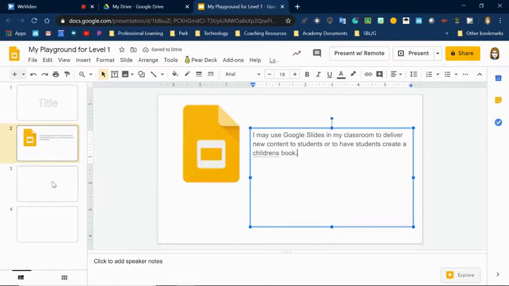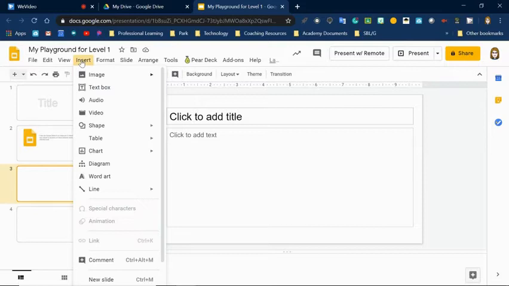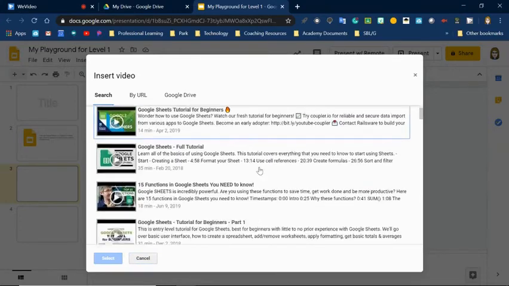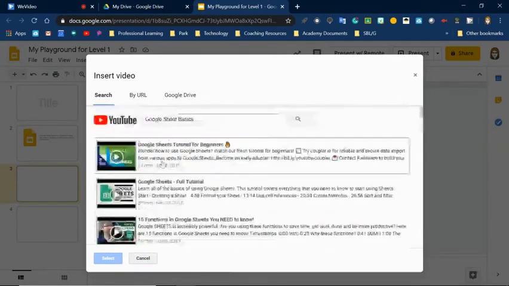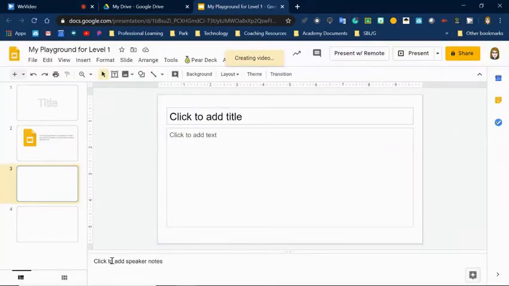On slide 3, we want to insert a YouTube video about Google Sheet Basics. So similar to the picture, we're going to come up to Insert, except this time we're going to choose Video. If I had a URL, I could insert the URL here, but I don't, so I'm going to search YouTube, and I'm just going to type in Google Sheet Basics. And scroll through a number of them that come up. This one looks to be the one I want, so I'm going to select that, and it will insert right